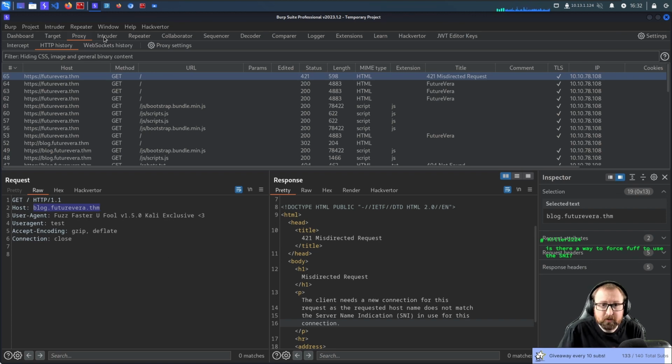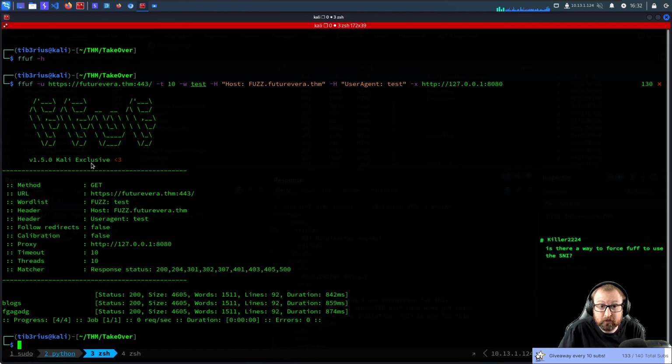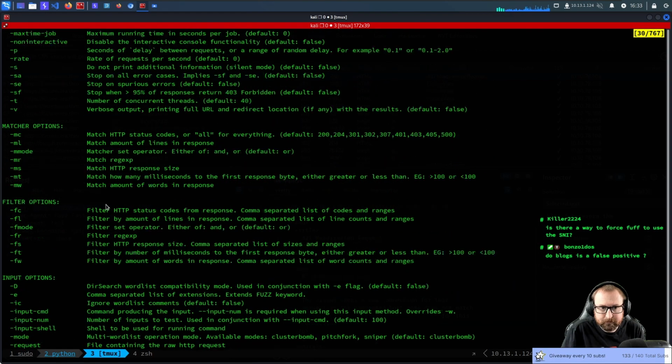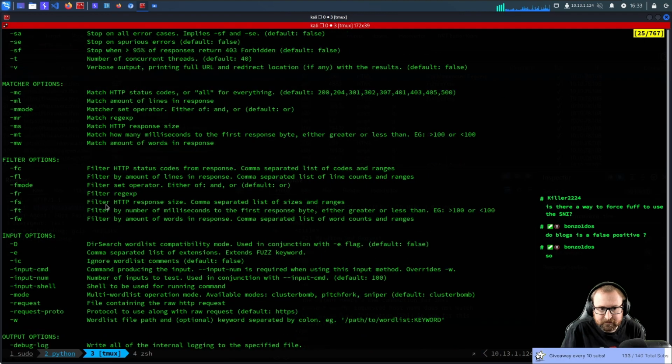Is there a way to force fail? So the problem is, ffuf is pretty dumb. So it understands we're fuzzing this host header, but it doesn't understand that we need to change anything, I believe. Like, there's probably not even an SS...